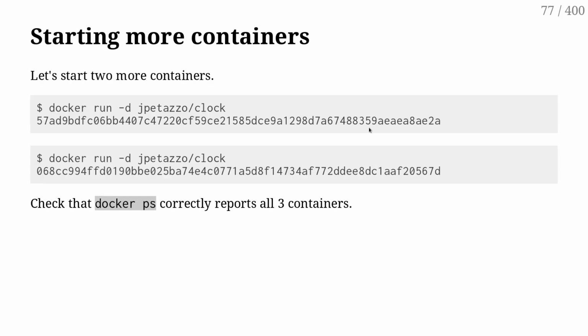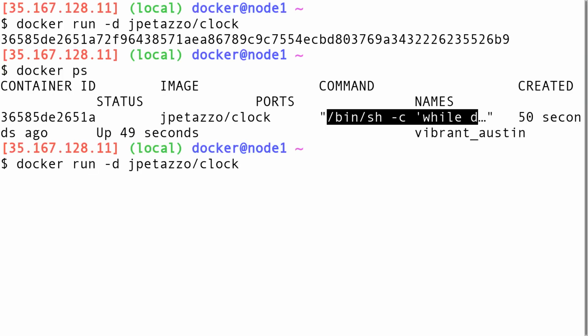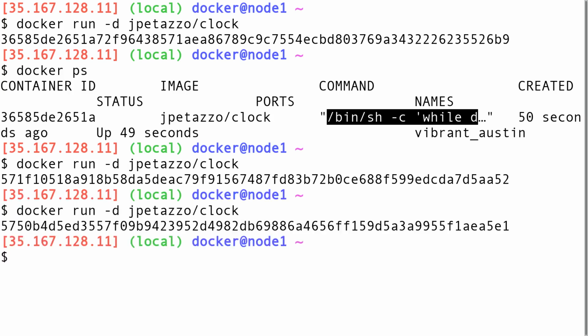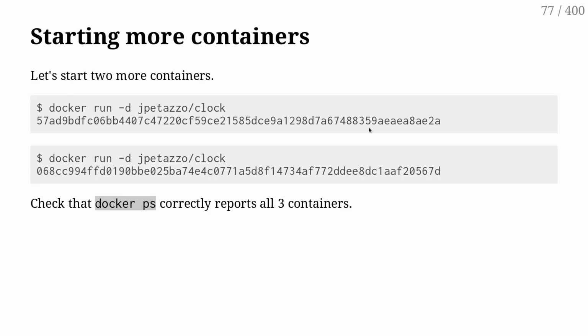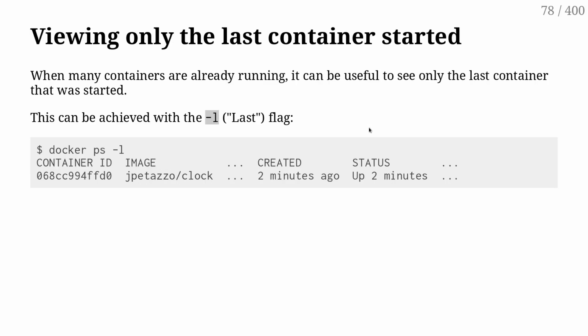Yeah. Okay, so the nice thing with that is that if I want, I can start multiple containers super easily. I can just rerun that command, and now if I do docker ps, I have 3 identical containers, all showing the time in an infinite loop. It's pretty hard to find a container more useless than that, but